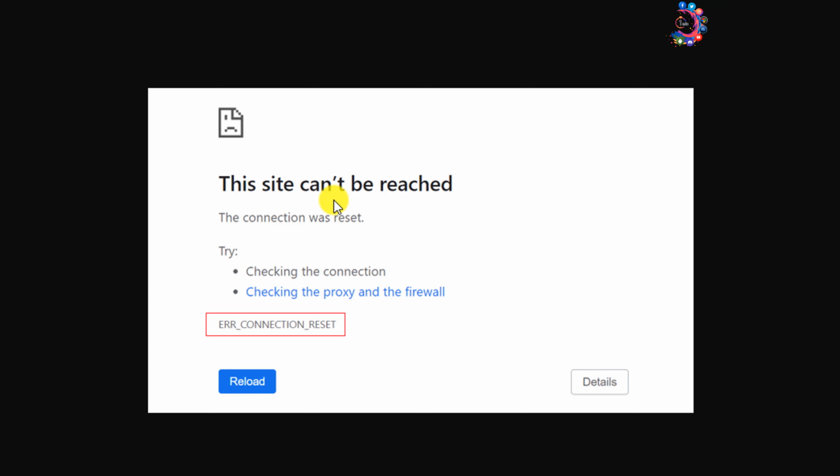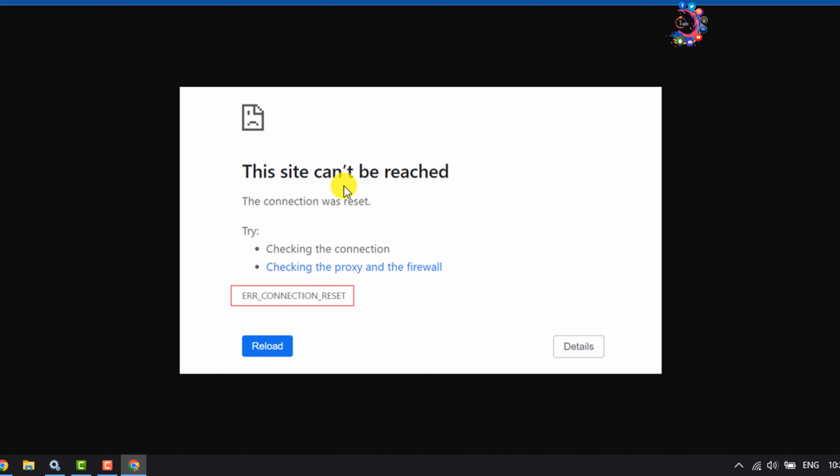The first method to solve this error is to make sure the website is working. To check the website, you can open the website from a different browser or from a different device. You can use your mobile phone to open the browser. If you see the website is working perfectly from a different device or different browser, then follow these steps to